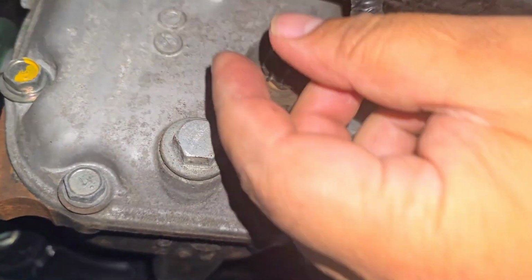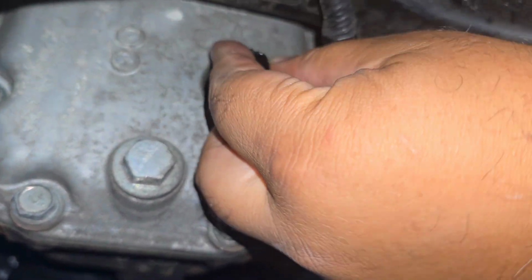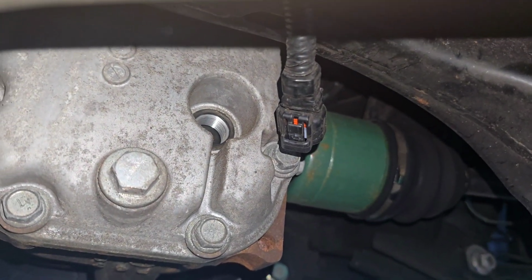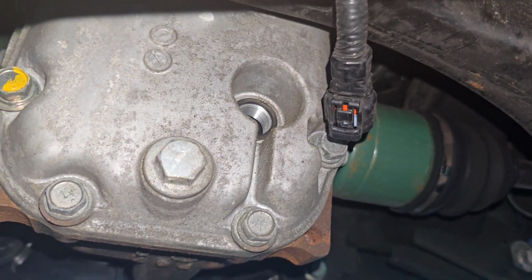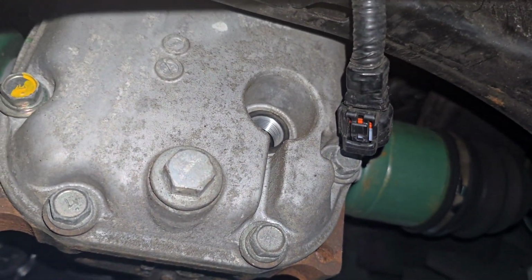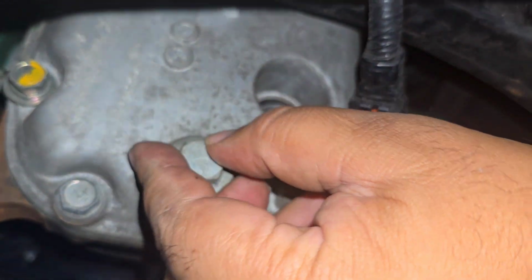All right, guys, as I told you before, make sure you loosen the top before you start doing anything with the bottom. This actually looks pretty damn clean. Now, this car only has original miles, just a tad over 18,000, guys. So believe me when I tell you, this car hardly has any type of miles on it. So I'm just doing this because I'm just like OCD, and